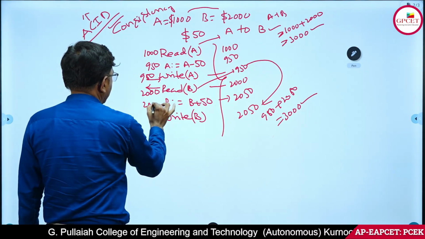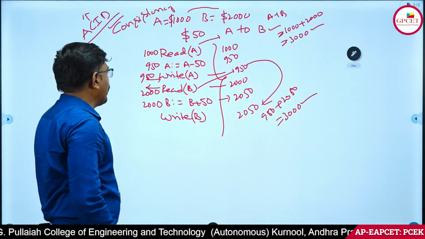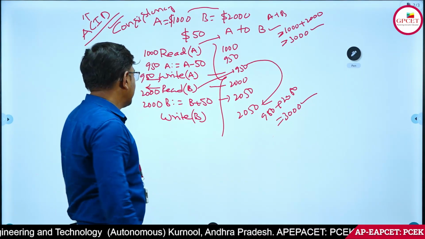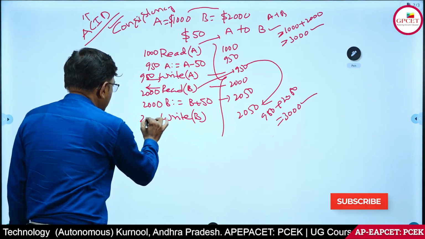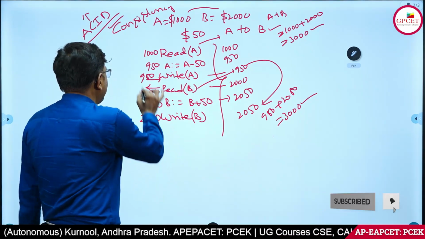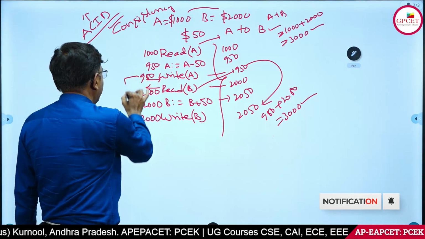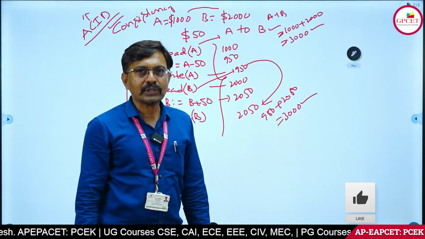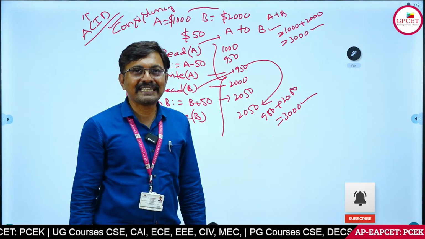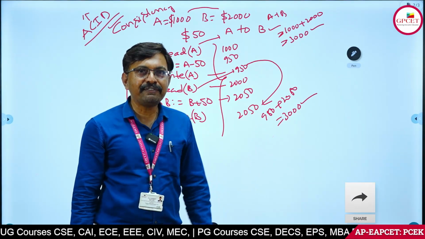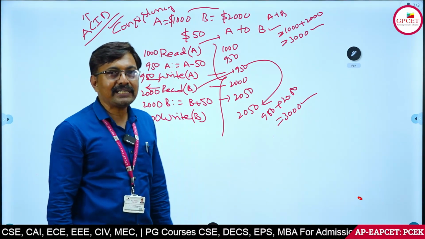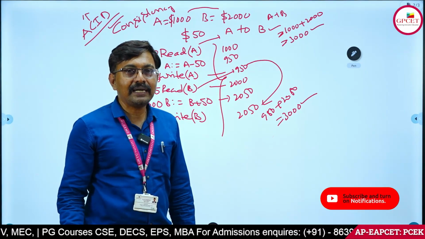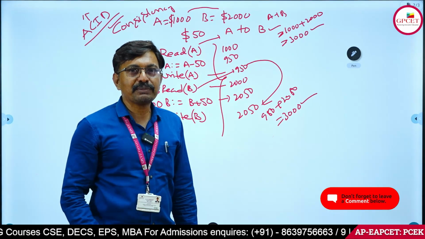we won't add, because after the write A operation the power failure can happen. We won't add, so write B also doesn't happen. B stays 2000. Before execution the sum is 3000, but after execution it is 950 plus 2000, 2950. That is, $50 was lost. That is a drawback in a file system, whereas the advantage of a database management system is that by using ACID properties, by using atomicity,